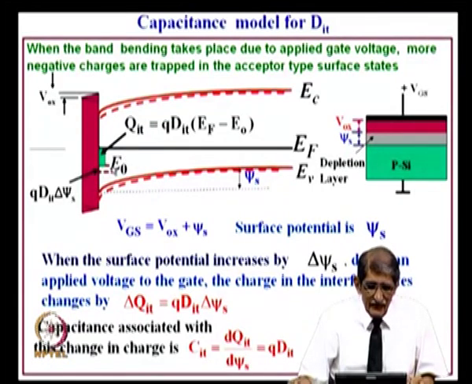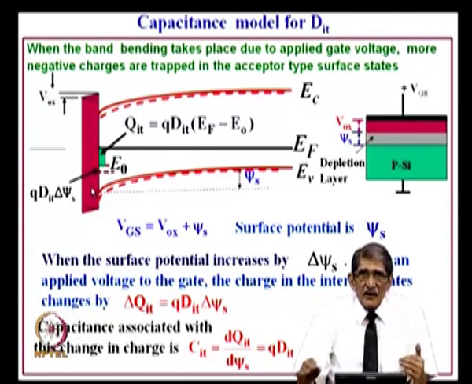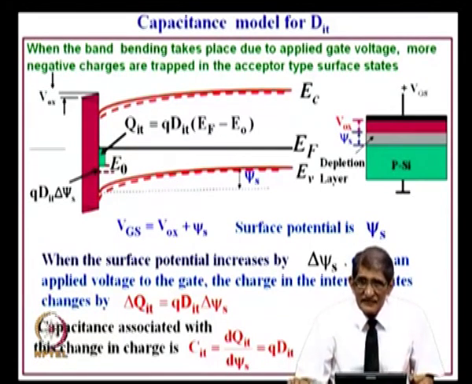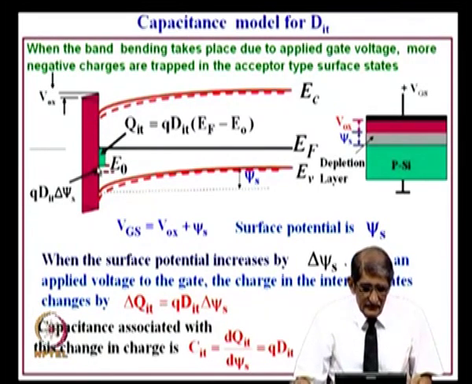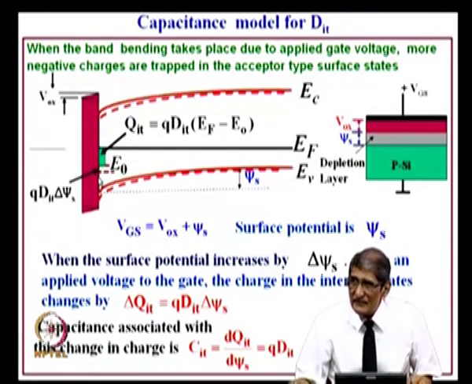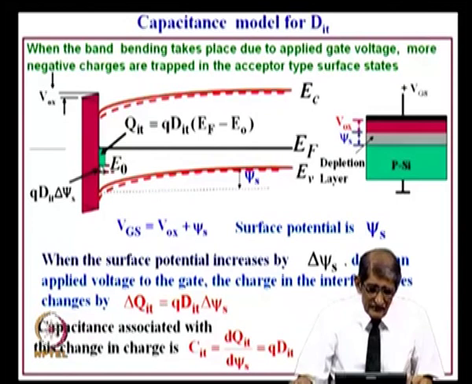Now, watch very carefully, Fermi level has not shifted, that remains flat, but the neutral level that was here has shifted down by an amount equal to how much the conduction band has moved down. Both conduction band and valence band move together like that, deflected by an amount equal to delta psi of s. So, the E naught moves by an amount equal to delta psi of s,